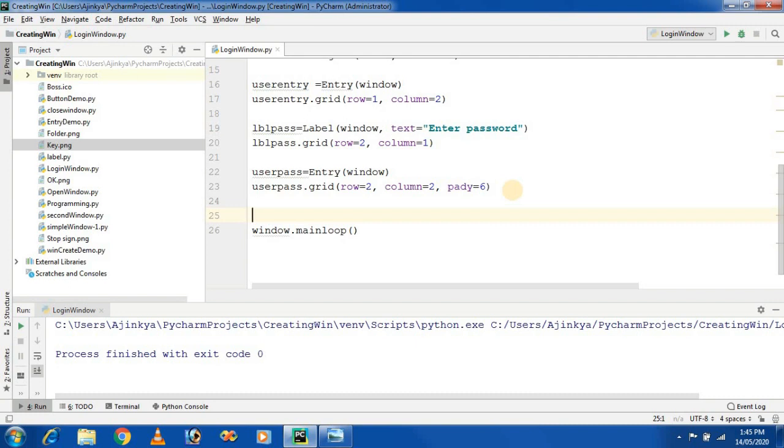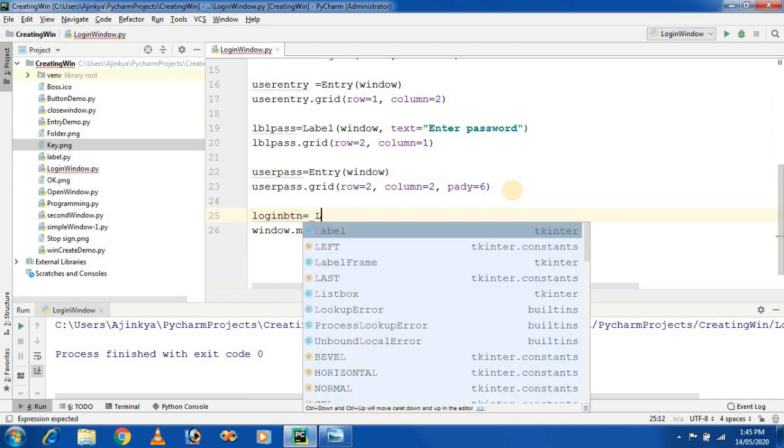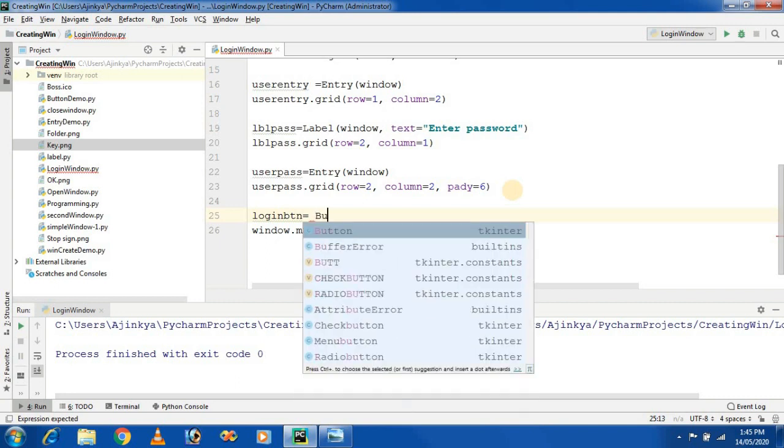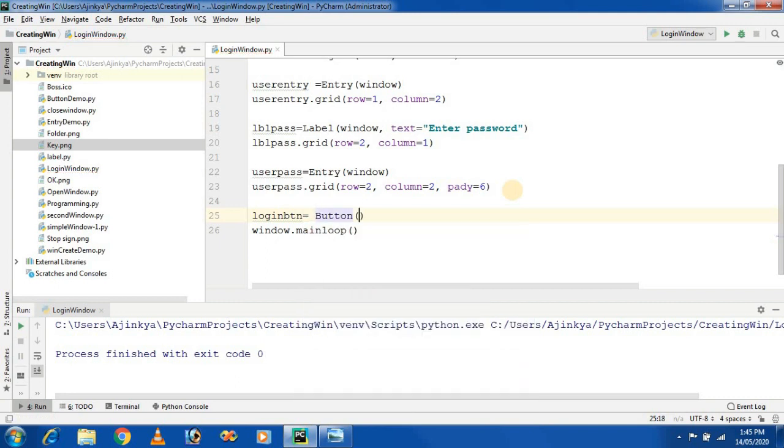For this I am creating the first button, called the login button, giving the object name. So Button is a class, it is placed on the window, comma, first parameter. Second parameter is the text on the label. I am giving the text, login.